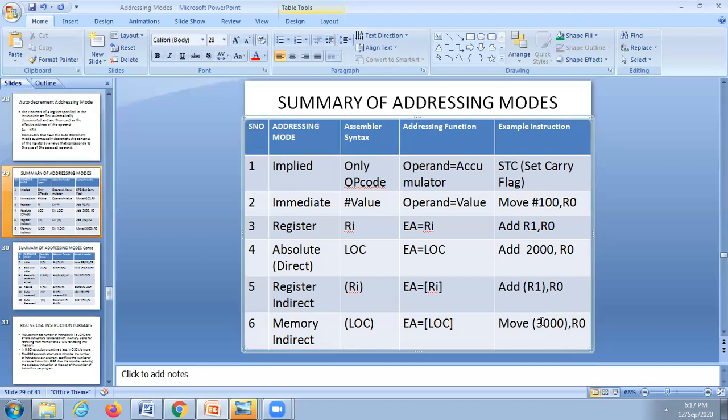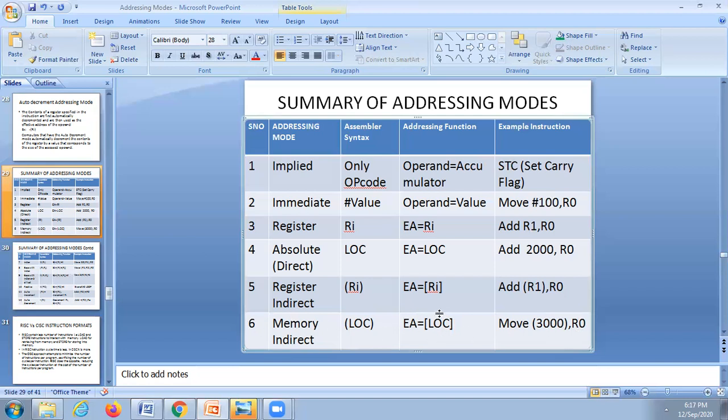That means first you refer to 3000, read that address, then go to that address and get the data. That is memory indirect. You require two memory references, so it takes a long time to execute. So this addressing mode may not be used in many processors because of longer execution time. This is an example of memory indirect addressing mode.